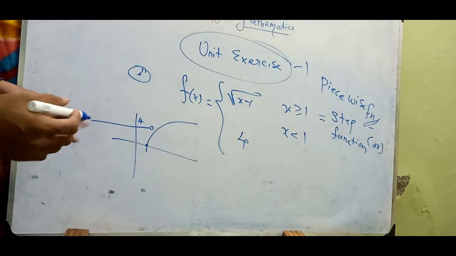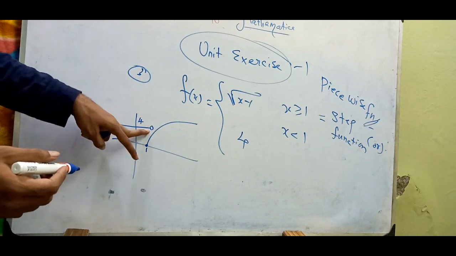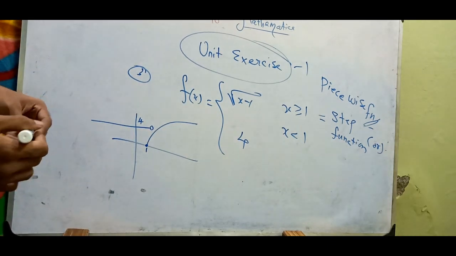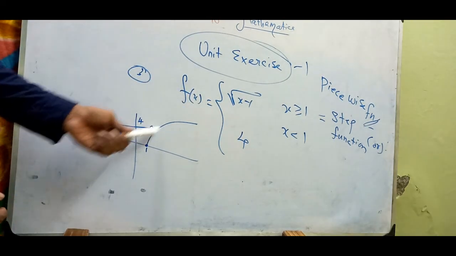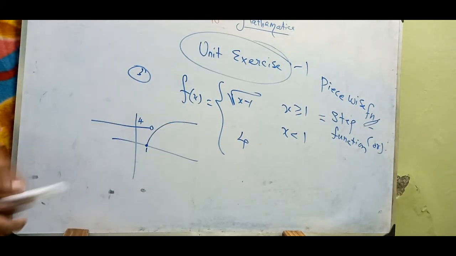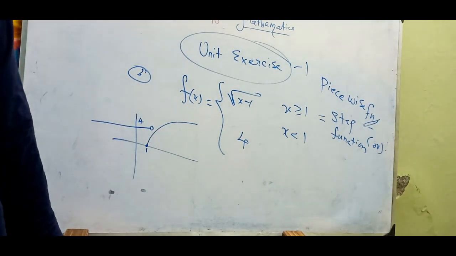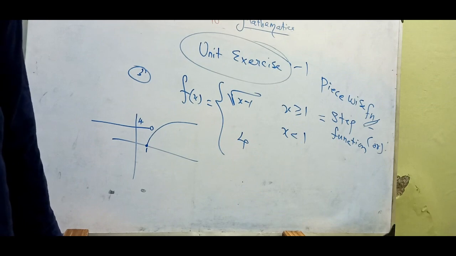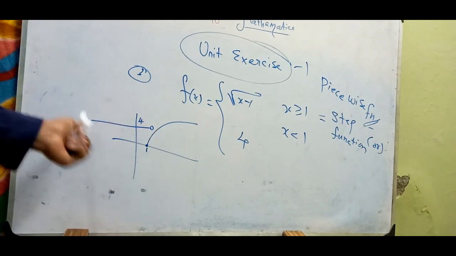Okay, so that is why it is called a step function, because it steps up to 4 for less than 1, and for greater than 1 it is a square root function. A square root function will always look like this. If you want, you can check it by the trial and error method. If you take values from minus 3 to plus 3, you will get an idea about these graphs.